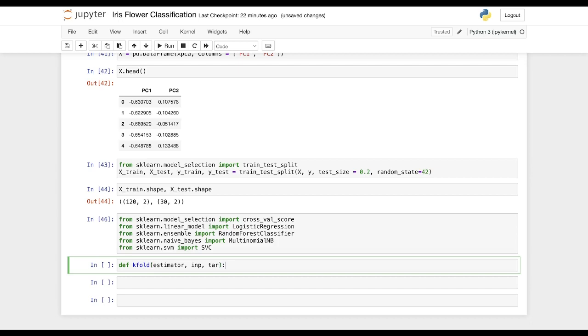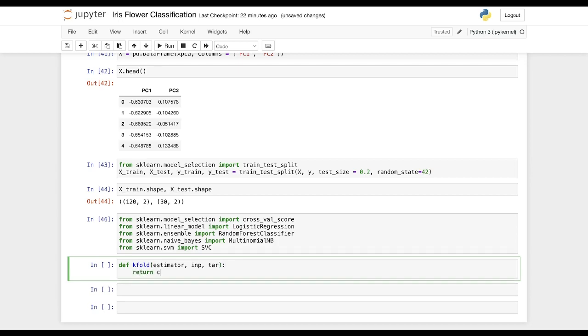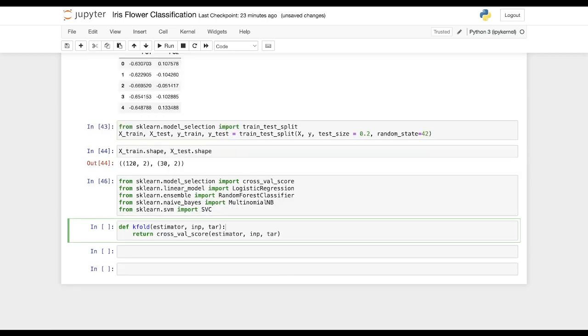And then into this we'll say return the cross validation score of estimator, input and target. And in general, it will create n number of cross validations here, and it will return us the score for every validation. As you can see here, let us try.